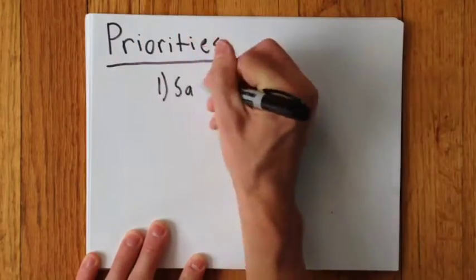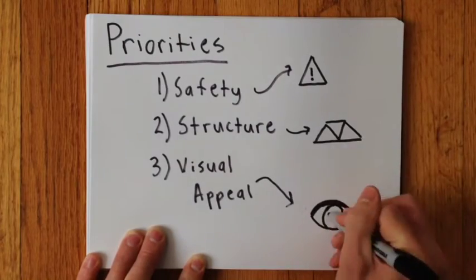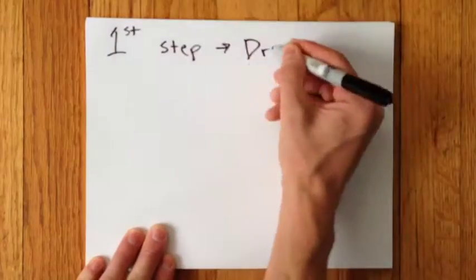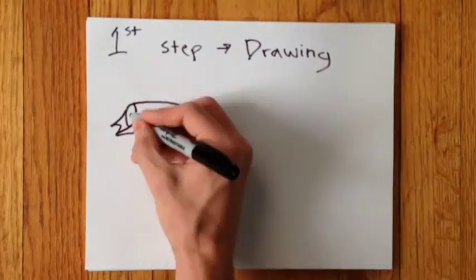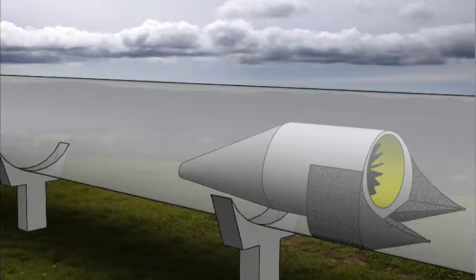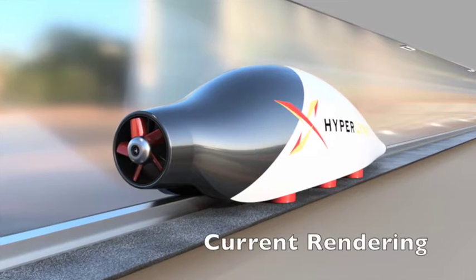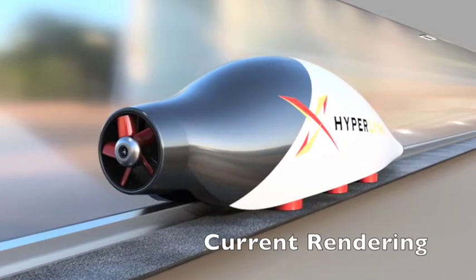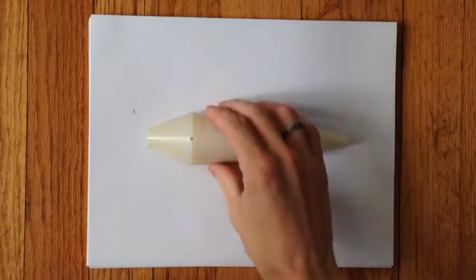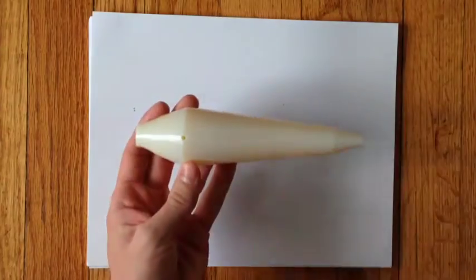When we sat down to design the pod, we wanted to make the pod as safe as possible, without compromising the aesthetic appeal of the pod. This meant sitting down with the 3D design team and drawing up sketches and then turning these sketches into 3D renderings. The design started out with 2 pontoons jutting out the side, and more recently, designs mimic the shape of a bullet or a torpedo. This new shape has been 3D printed and is currently being tested in the wind tunnel so we can verify